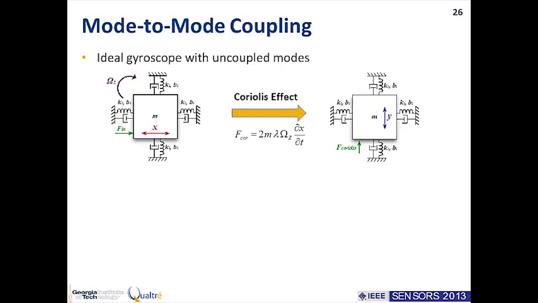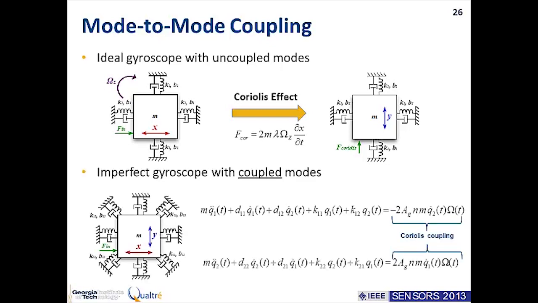So if there's no other source of imperfection, there is no reason why you should get a Y displacement other than if there's a rotation rate. But in reality, imperfections in the disk create these additional terms in the expression that are termed as either stiffness coupling or damping coupling. And an easy way to express this is by